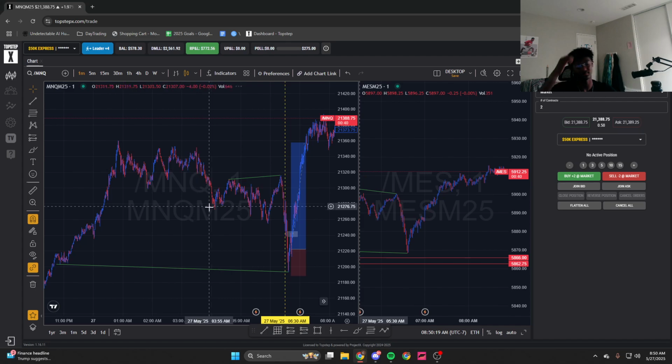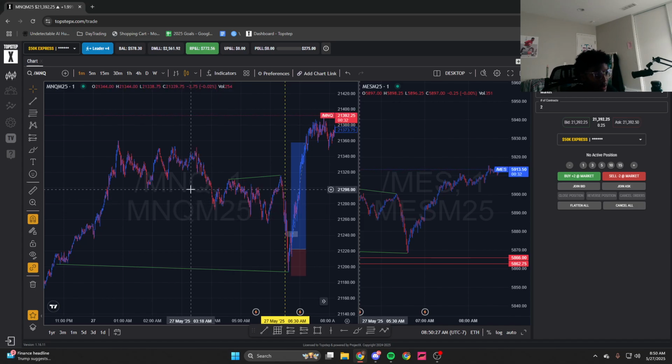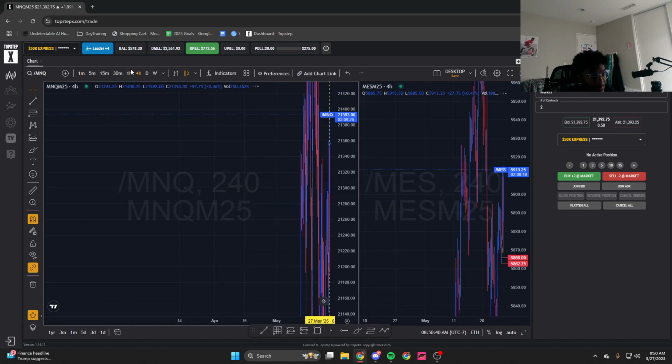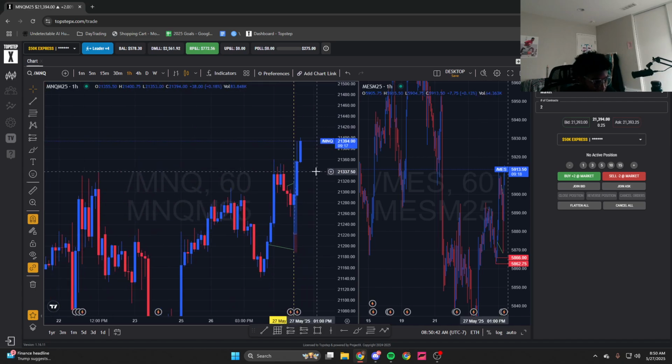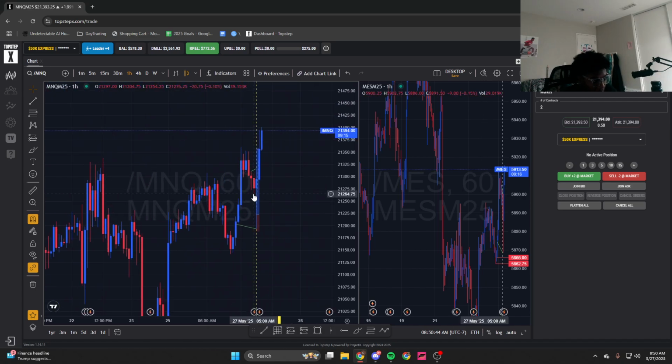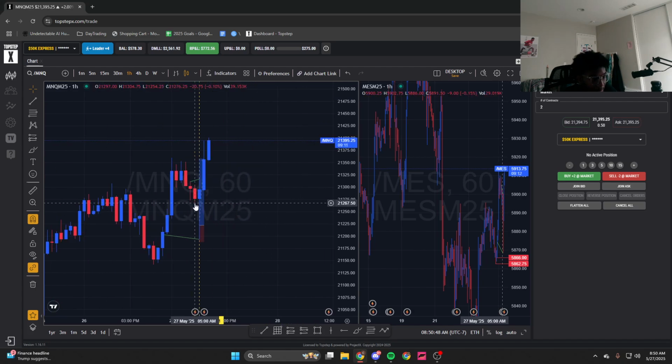I honestly just mark out two key levels, meaning highs or lows that I want swept, and whichever one gets swept. So if a high gets swept, I'll be bearish, and if a low gets swept, I'll be bullish. So coming into the market, I'm still bearish only because we had filled this imbalance, and we're starting to see